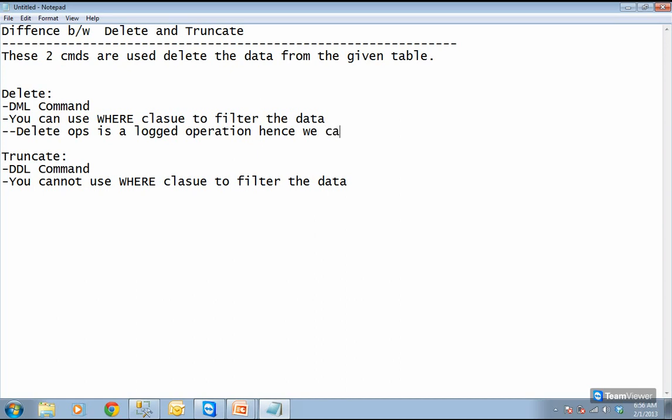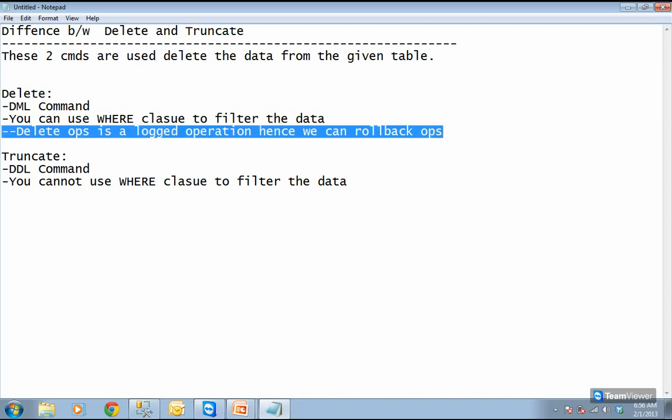That's what you have to understand. Delete operation is a completely logged operation. Logged operation means whatever you are doing, everything will be logged into the transaction log file. Because the delete operation is a logged operation, we can roll back the operation.